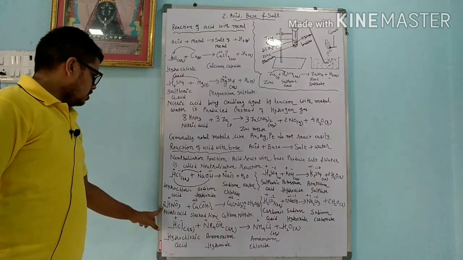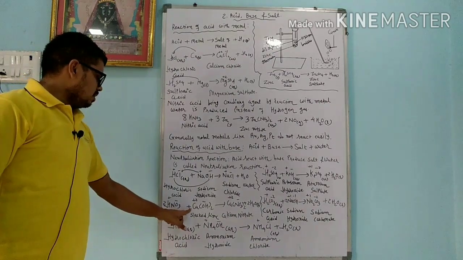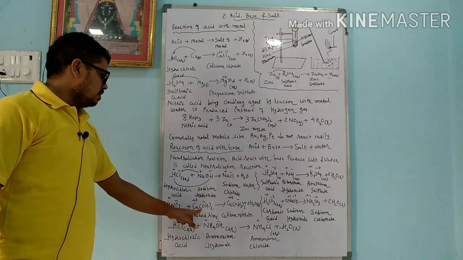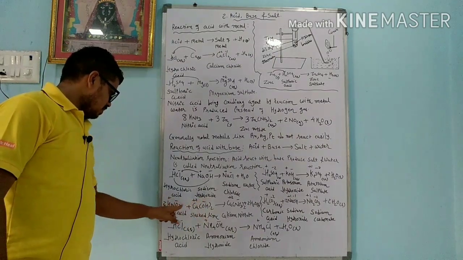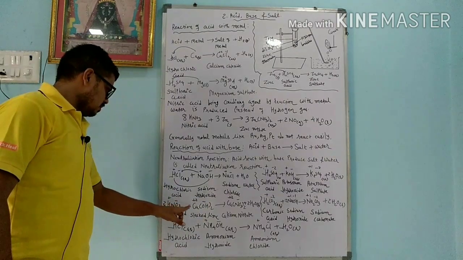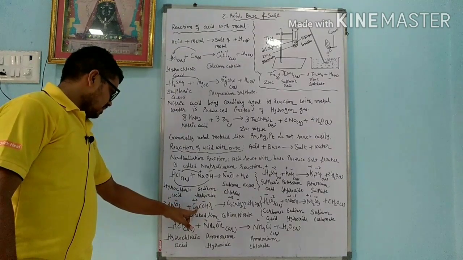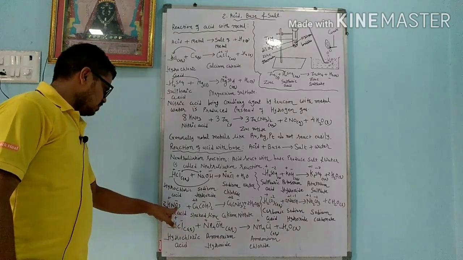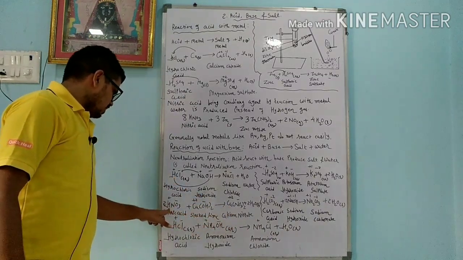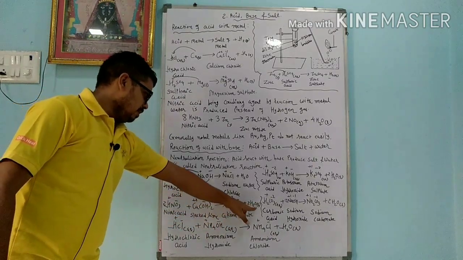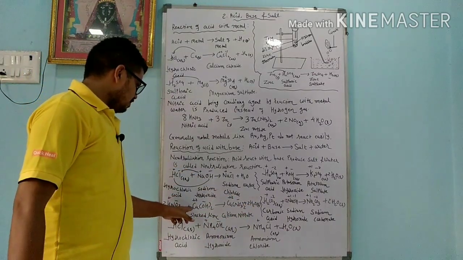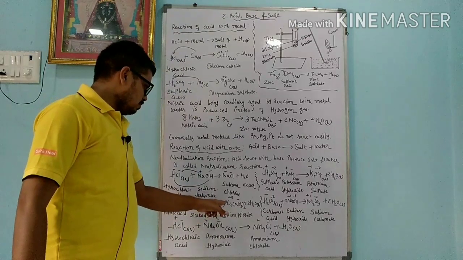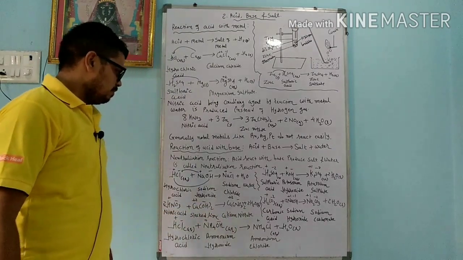In another reaction, 2 moles of nitric acid react with calcium hydroxide. Calcium hydroxide is also called slaked lime. We know that Ca is +2, OH is -1, hydrogen is +1, NO3 is -1. We just cross and exchange them. Calcium reacts with NO3 to give Ca(NO3)2, plus H and OH combine to make H2O. So ultimately 2 moles of nitric acid react with 1 mole of calcium hydroxide to produce 1 mole of calcium nitrate plus 2 moles of water.